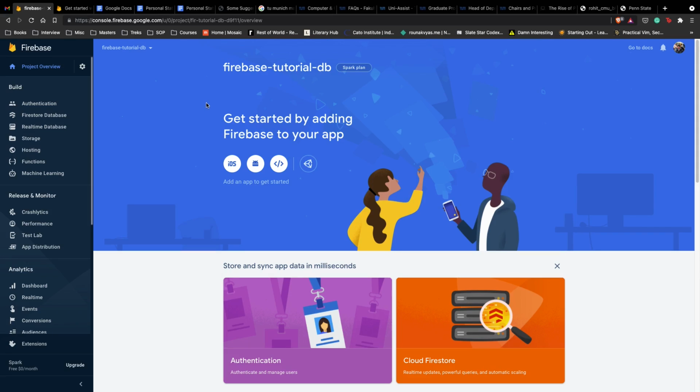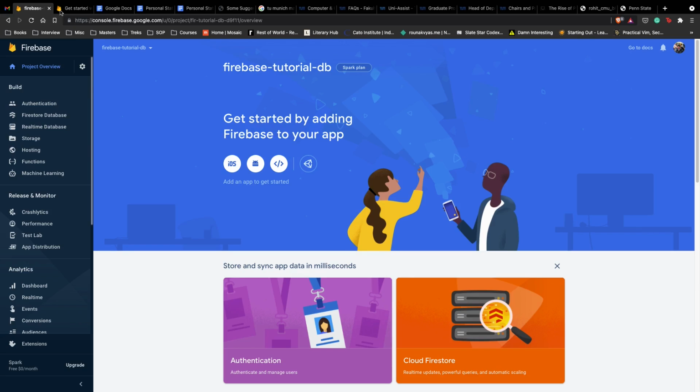In the next video, we'll see how we can actually get all the secret keys from Firebase and set it up inside our local application, so that when we run our application, we connect to the correct database, and also create a database and make sure that everything is smooth in terms of connecting, so that in later videos we can start building our application and our CRUD endpoints for Firebase. So this is it for this video.